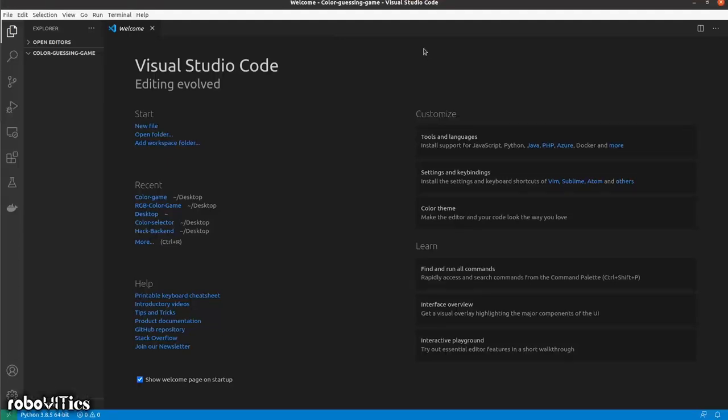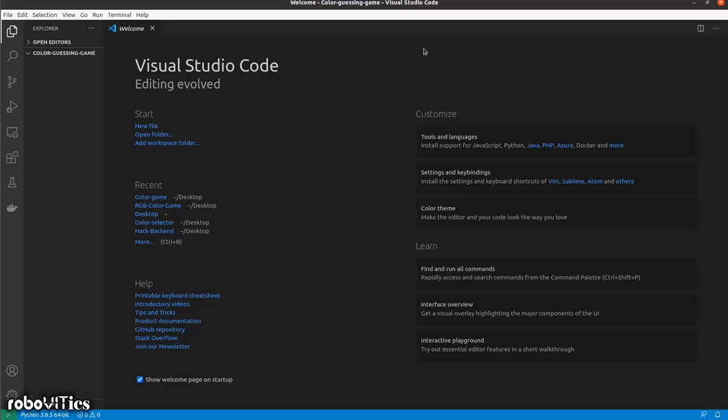Today we'll be diving into frontend and looking into the three basic pillars of frontend, that is HTML, CSS and JavaScript. Along the way, we'll also code an application called a color guessing game. The prerequisites for watching this video are a basic understanding of any programming language, like understanding consts, vars, that is variables, and loops.